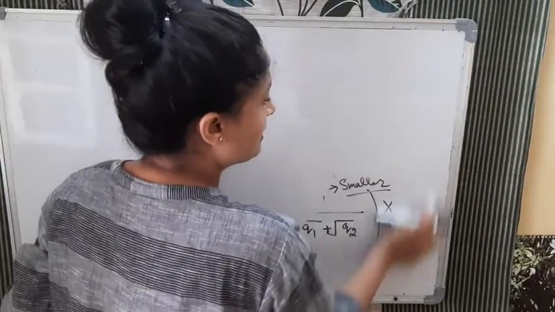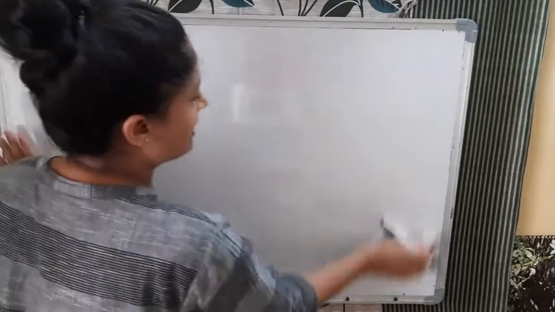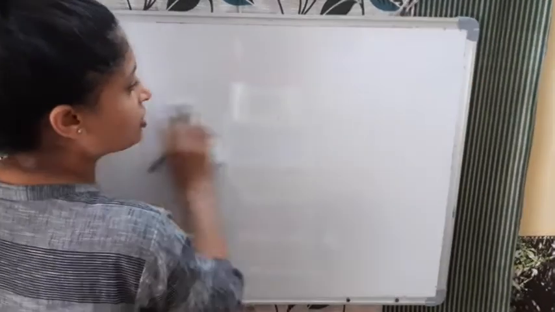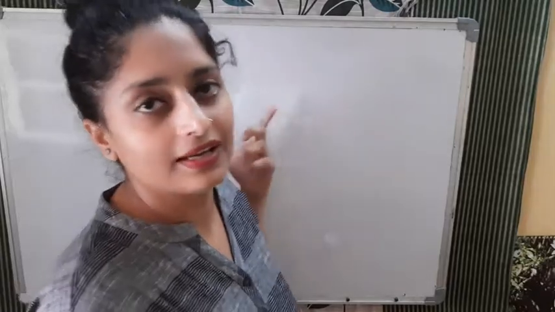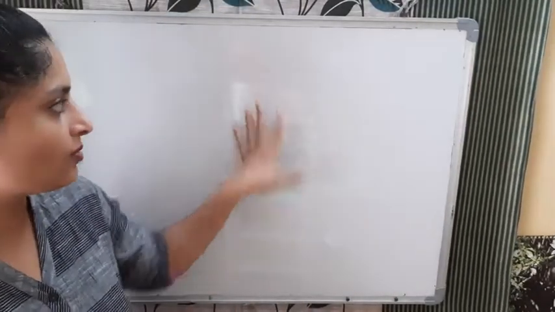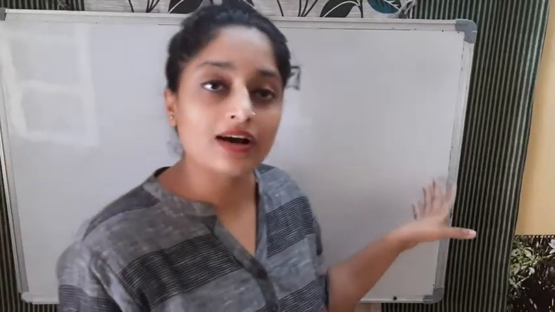The first type is when the two charges are of the same type, either positive or negative, and we want to put a third charge between them so that the net force is 0. Then we always place it somewhere in between the two charges, not on the left side, not on the right side. That we have to solve. I also told the shortcut. Now the question is when the charges are of opposite sign.